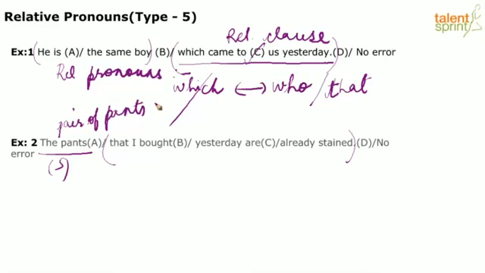But here we're just saying the pants. It clearly shows that you're not talking of one pair. Usually we say a pair of trousers, a pair of jeans, a pair of shoes. Then it is fine. I understand it is a singular reference. However,